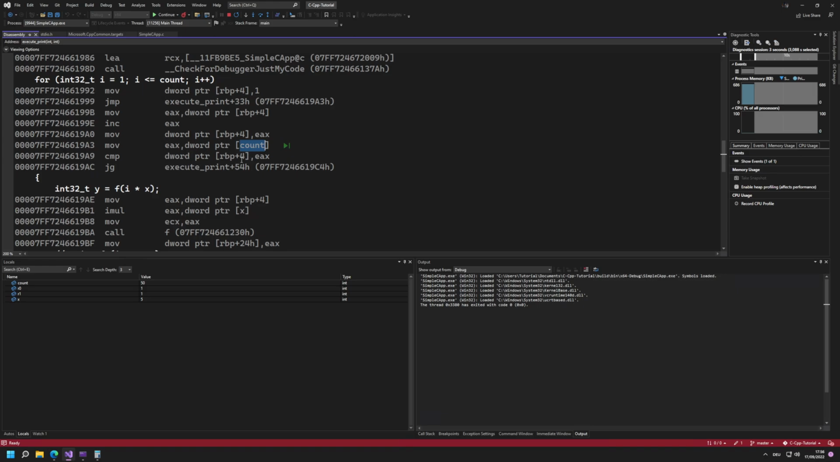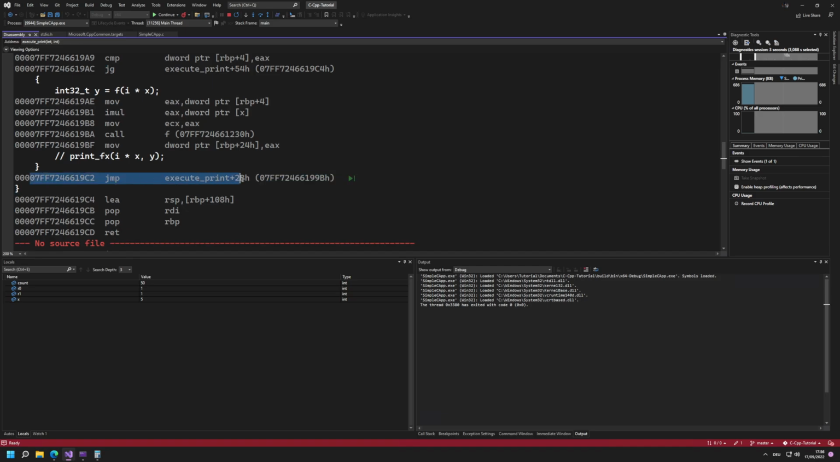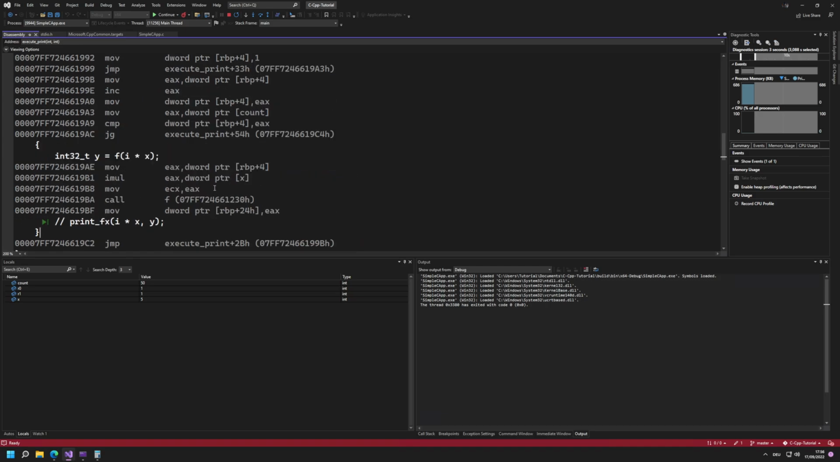After we loaded our count, we're going to compare it to our I value, and if that comparison did not succeed, we're going to jump out of that, go out of the code. If it was successful, we just continue down here, which is what we are doing in our for loop,